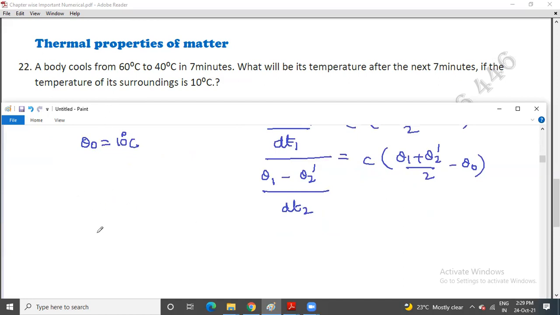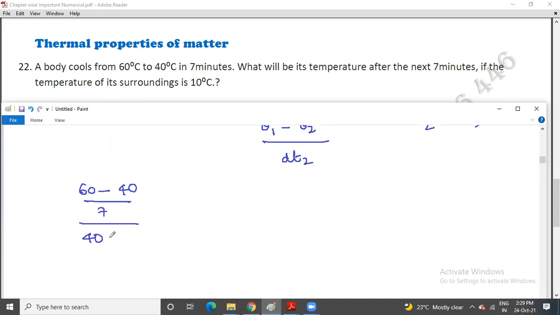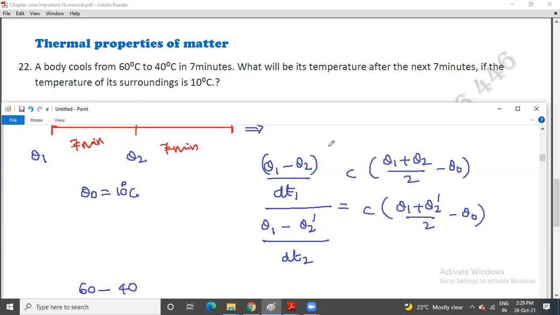In the first case, theta 1 is 60, theta 2 is 40 by 7 minutes. In the second case, theta 1 is 40, and you are looking for theta 2 dash, but this is also taking place in 7 minutes, is equal to C and C cancel. So this is divided by